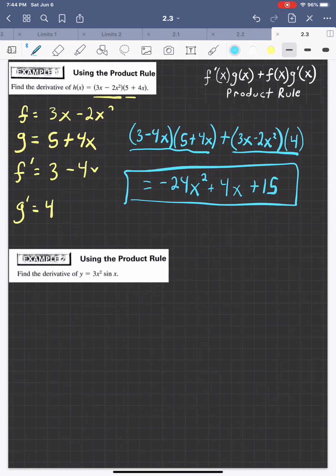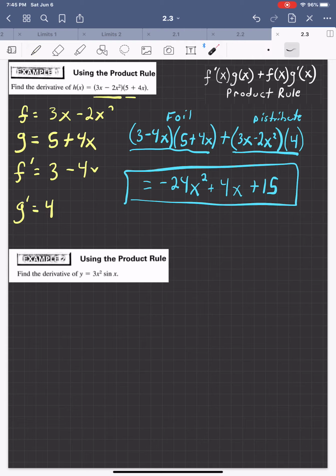So if you FOIL, distribute, and then combine like terms, this is what you'll be left with, your derivative. Okay, so let's go through another one. So again, we're going to find the derivative, we're going to use the product rule. And